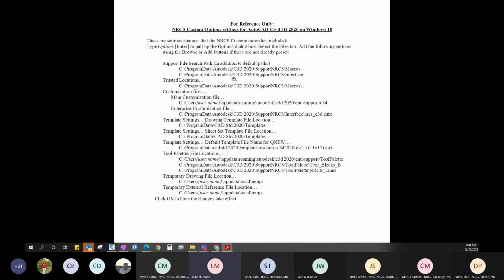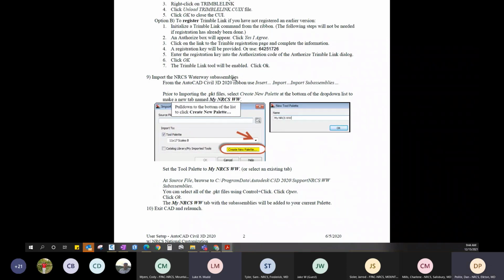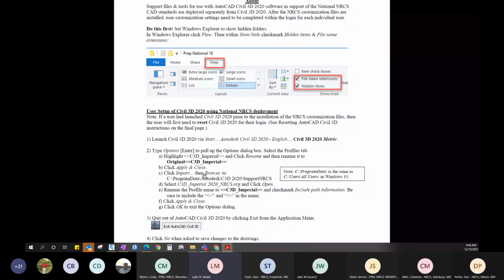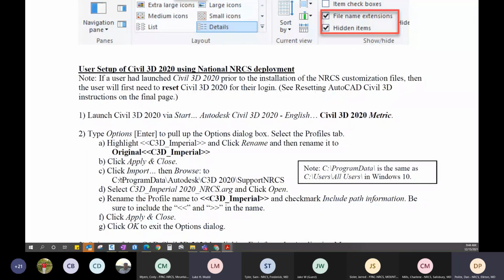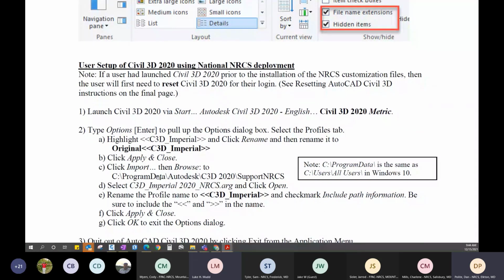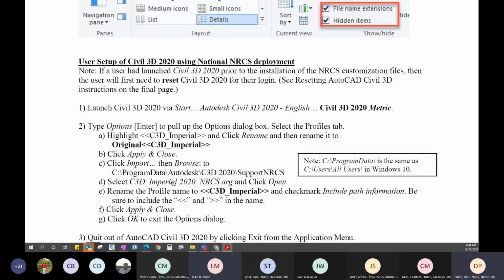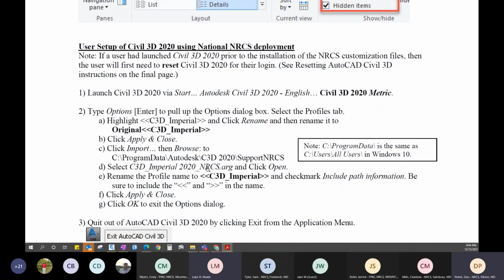So you would have to create a program data folder. I think there might be a program data folder on the state side of things. I think that's a default, but if it's not, you can create that. But I'm almost positive there's a program data. You'll just have to create this support NRCS folder, or not create it, you're just going to drop it into this Civil 3D 2020 support NRCS. And then you would continue to follow these steps